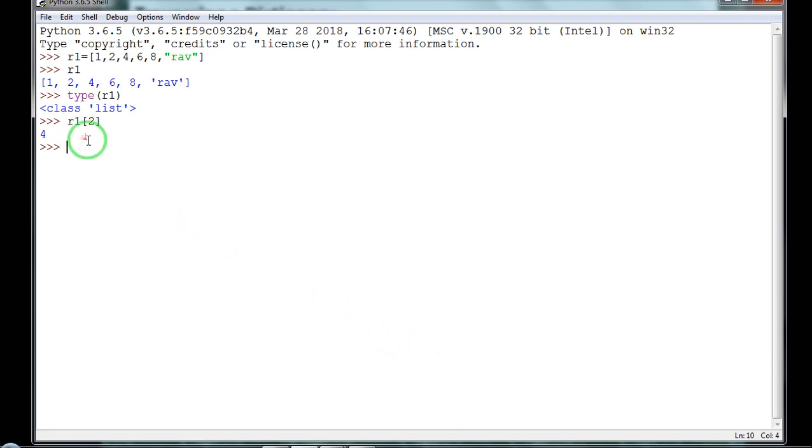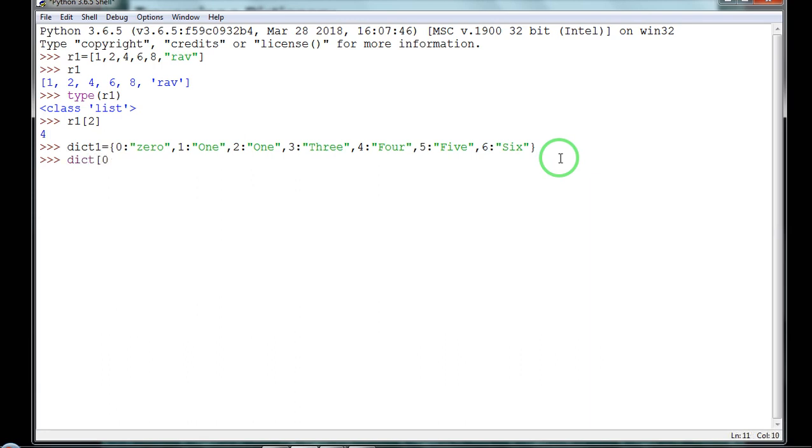Okay, let's create a dictionary. If you want to create a dictionary, you will use key value pairs. Suppose DICT1 is the name of the dictionary, 0 is the key and 0 is the value, 1 is the key, 1 is the value. If you want to display a particular value, you have to specify the key inside it.